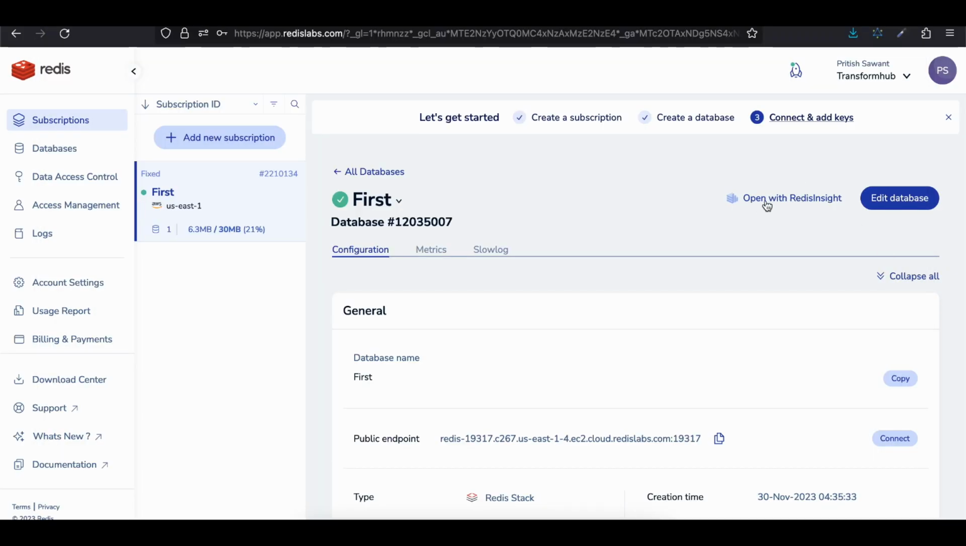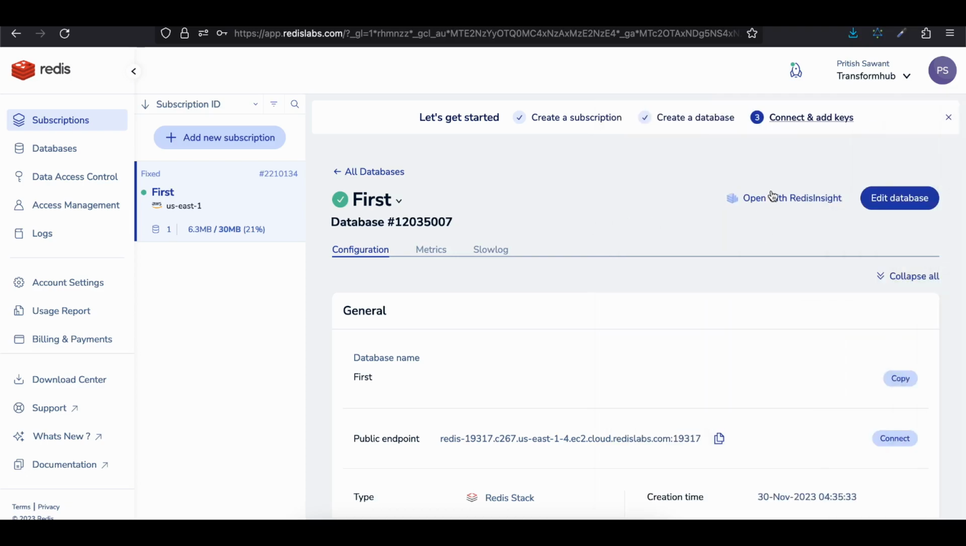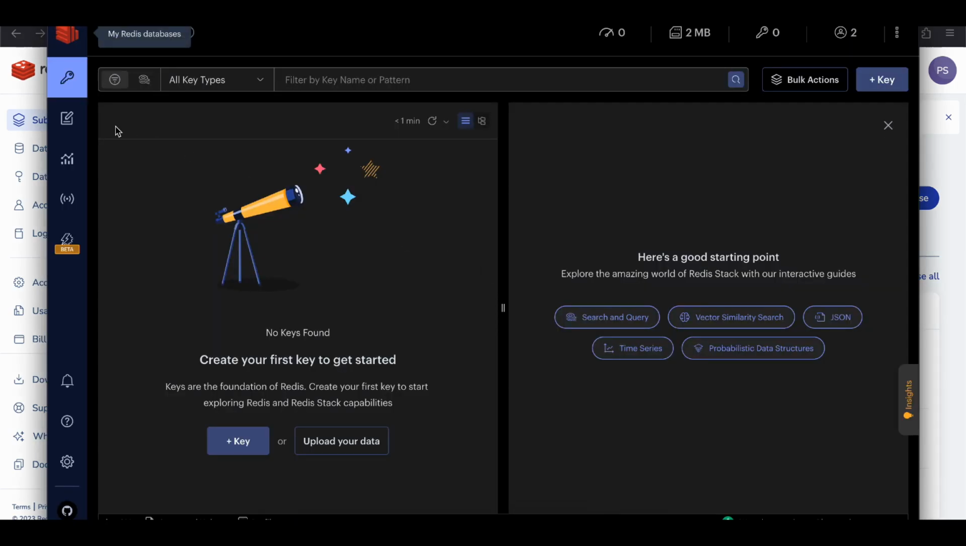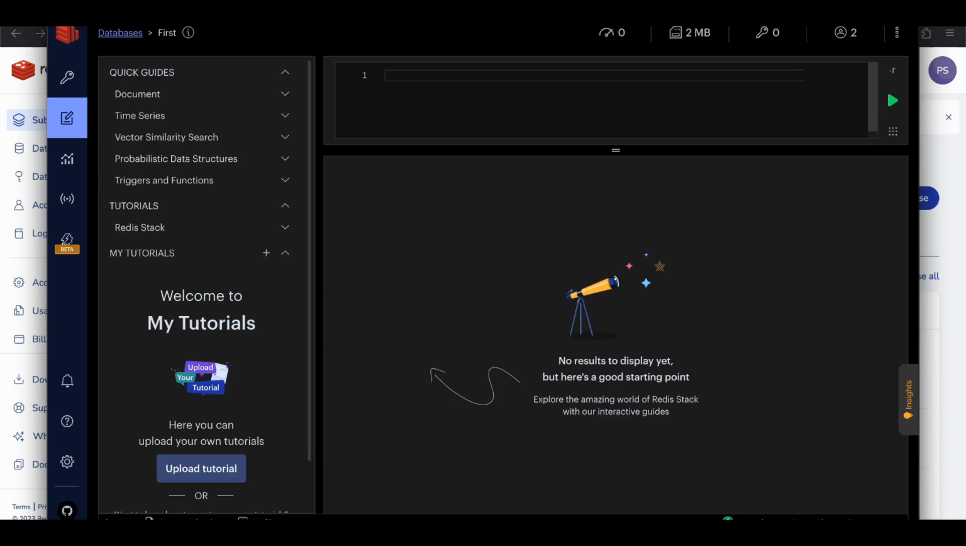All I did was refresh my database, just refresh this URL, and click on open with Redis Insight, and this should work. Previously I was clicking on open with Redis Insight over here, maybe this is an issue. Just click on open with Redis Insight from this button, and to test it, just click on workbench, and here we can type something like set